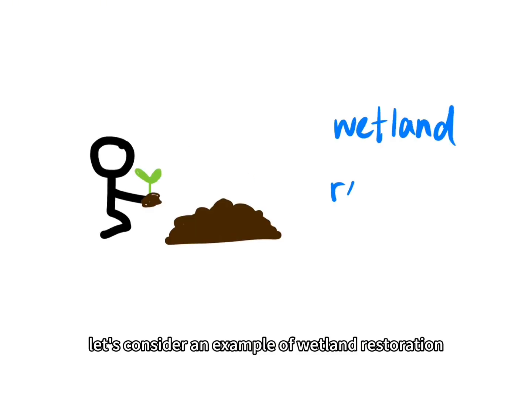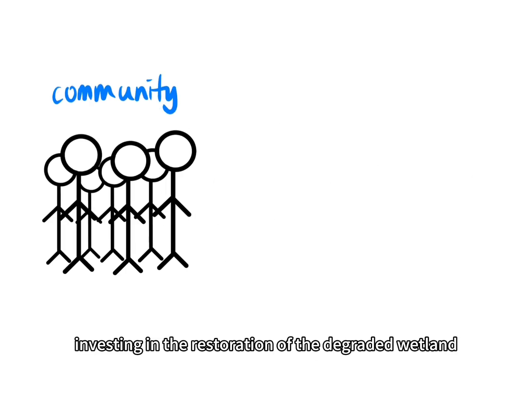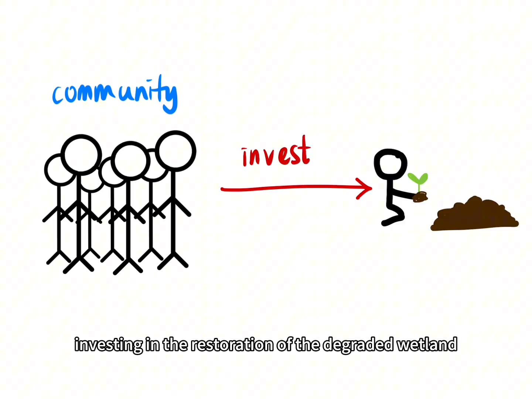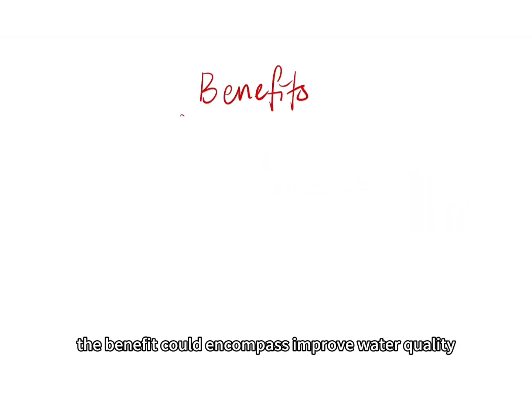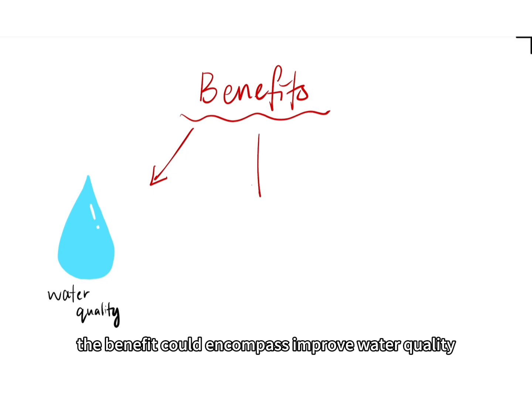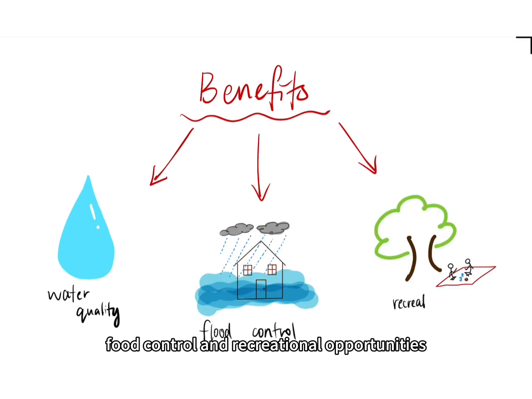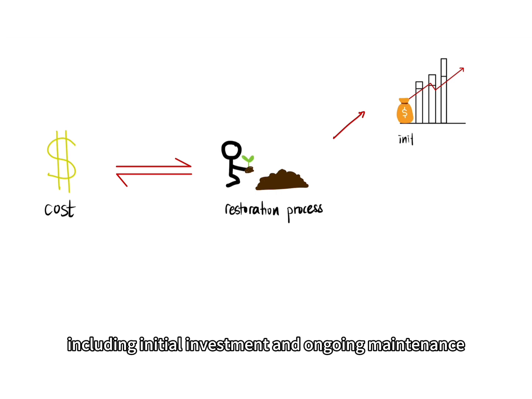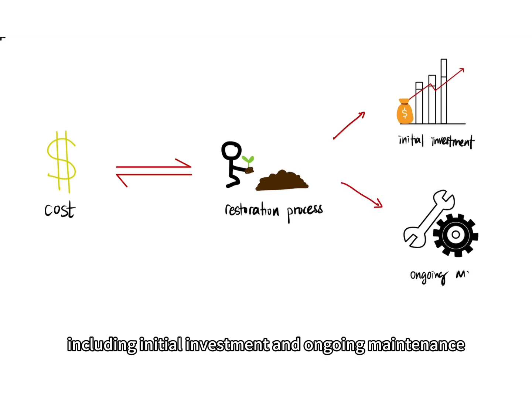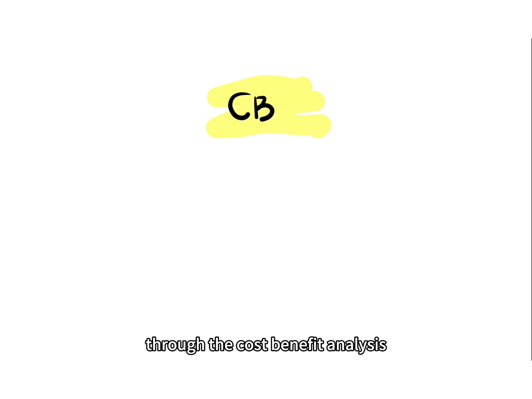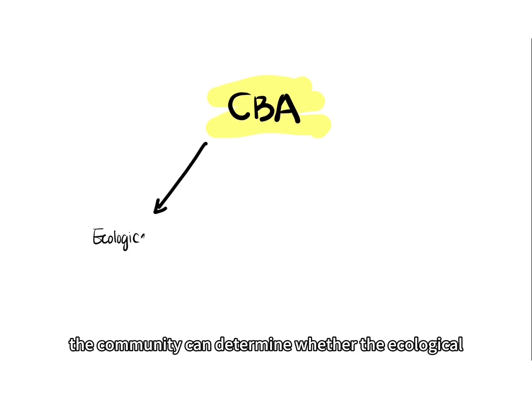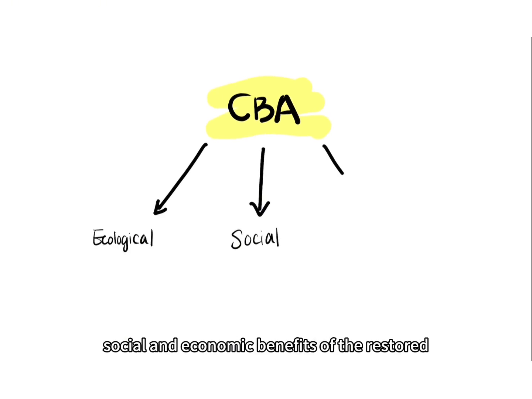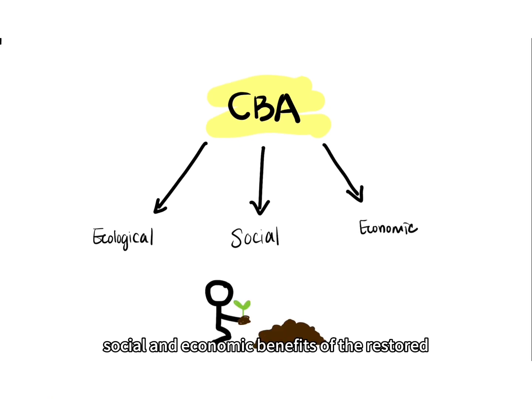Let's consider an example of wetland restoration. A community is considering investing in the restoration of a degraded wetland. The benefit could encompass improved water quality, flood control, and recreational opportunities. However, there are costs associated with the restoration process, including initial investment and ongoing maintenance. Through the cost-benefit analysis, the community can determine whether the ecological, social, and economic benefits of the restored wetland justify